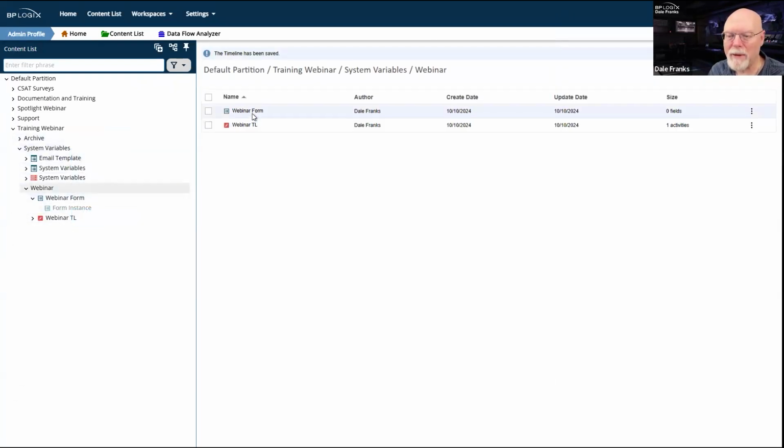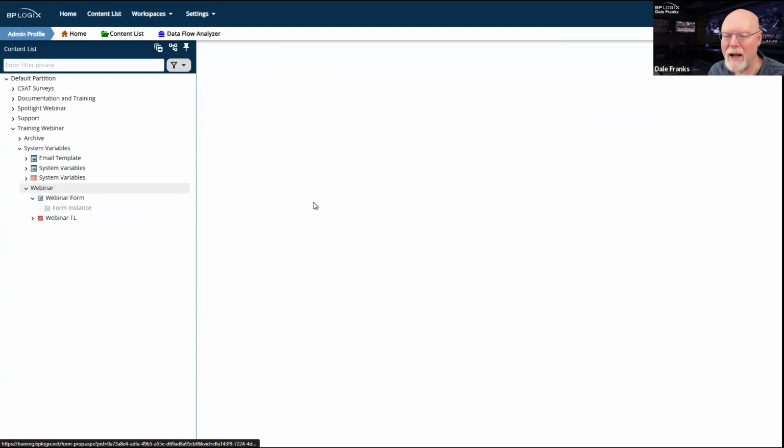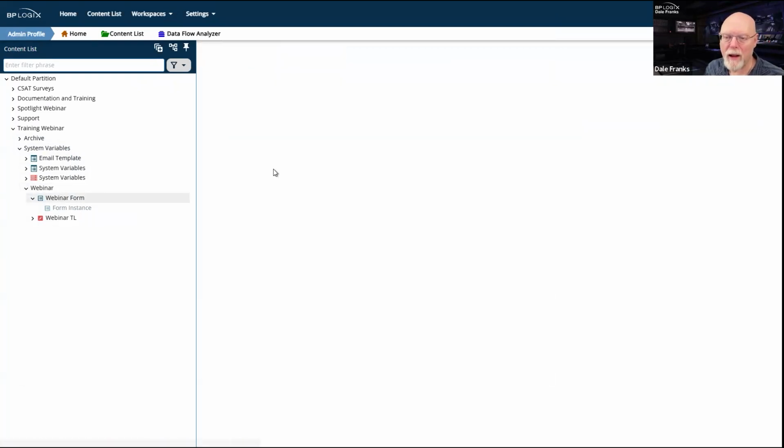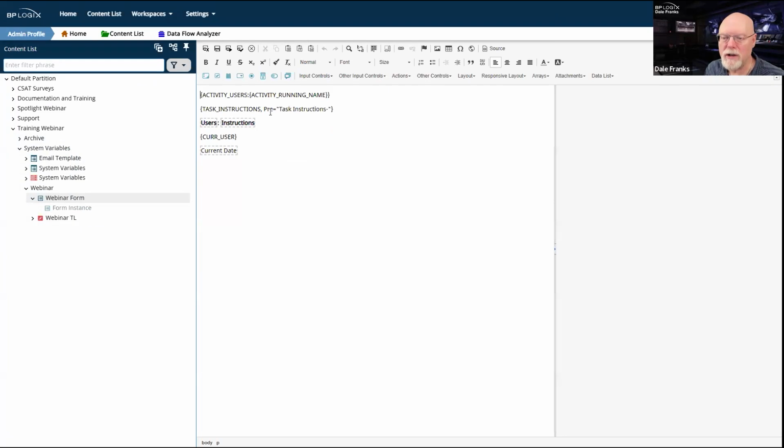Okay, so what happens if I run into that and I want to make it clear that there are no instructions? Well, by the way, pre prepends items, post appends items. So I'm going to change this real quick so that I want to end my string here with task instructions.